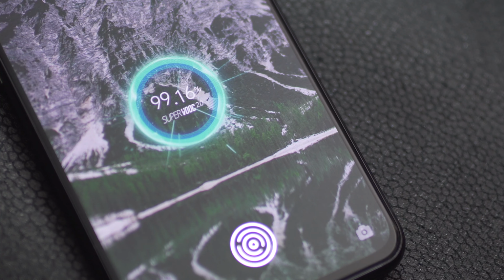But the real star of the show here is the 65 watt Super Dart charging that takes the X50 Pro 5G from 0 to 100 in 45 minutes and 0 to 90% in 30 minutes. And if you're thinking those numbers seem a little bit off, it's because up to 90% the phone charges normally, which is to say very quickly. But then after that, Realme trickle charges the smartphone to prolong the overall battery health, which is quite a smart